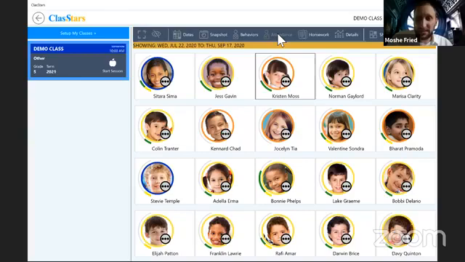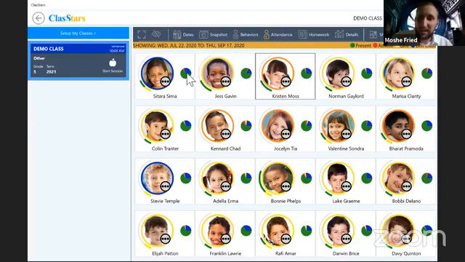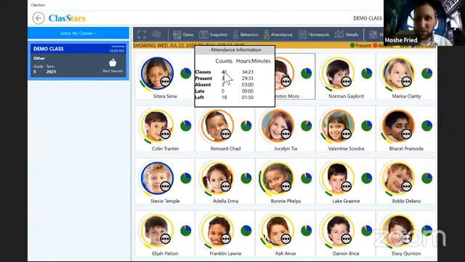Okay, now in attendance, just give it a second to pull up. Here we go. In attendance, we have a pie chart for every kid. The green is the present, the red is the absent, and the blue is missing class. And you could tell that she's leaving class a lot. That's not great. She's been out of the 41 classes. If you tap on the chart, you get this little pop out, 41 classes for a total of 34 hours and 23 minutes. She was present 38 times. She was absent 3 times. She left 18 times, totaling an hour and 50 minutes.